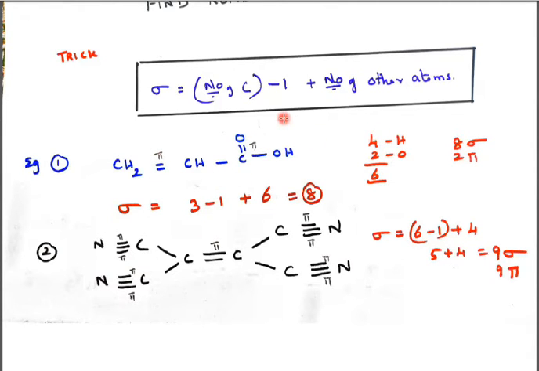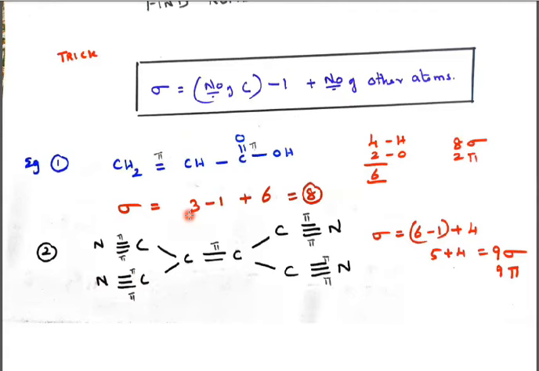4 hydrogen, C, number of carbon. How many carbons are there? You see that minus 1. Here 4 hydrogen, 2 oxygen. Totally it has 6. So that is called the number of other atoms other than carbon. So here how many carbons do you find? 1, 2, 3 carbon. I have written 3. Minus 1 is the rule.